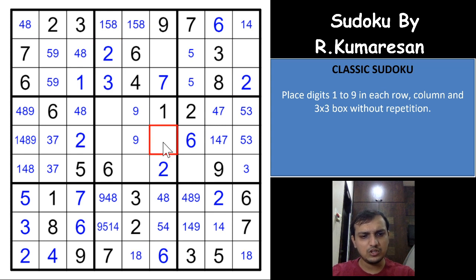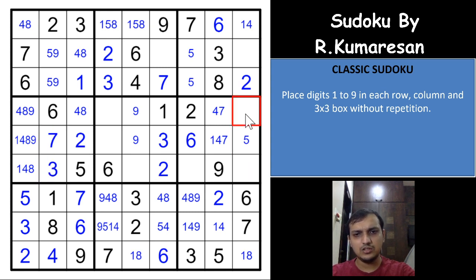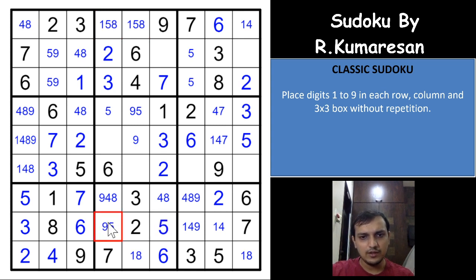And because of the 3 here, you get a 3 here, which eliminates 3 from this cell, and that gives you a 7 here, a 3 here, a 3 here, a 5 here, and this 5 gives you a 5 in one of these 2 cells, which means that 5 cannot be here, because 5 has to be in one of these 2 cells. You cannot have a 5 here, which means 5 has to be here in this column. Excellent. That's a really good one, narrow one, I would say.